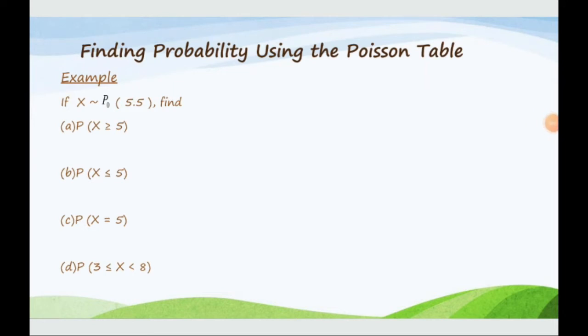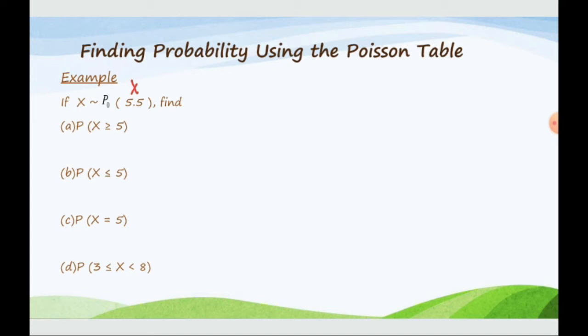Probability by using Poisson table. As you know, or you have learned before, how to use the binomial table. It is the same as the binomial table, and you can apply it for the Poisson table. For example, if X has a Poisson distribution where lambda is 5.5, you open the book,